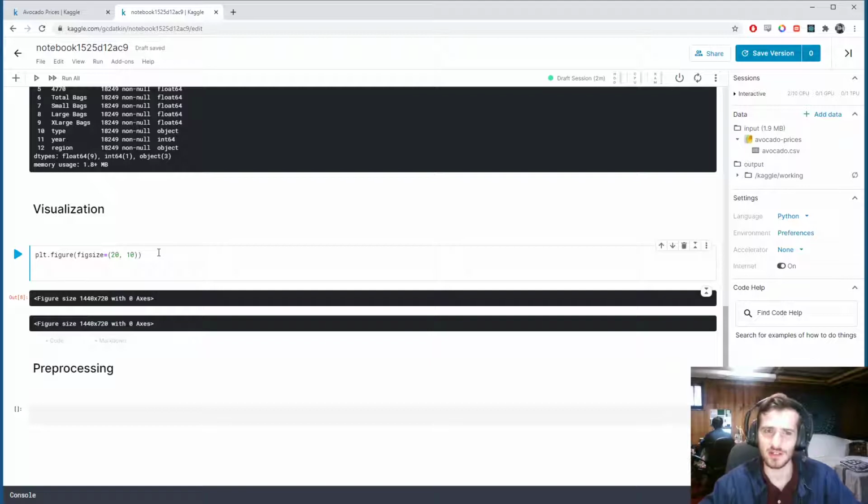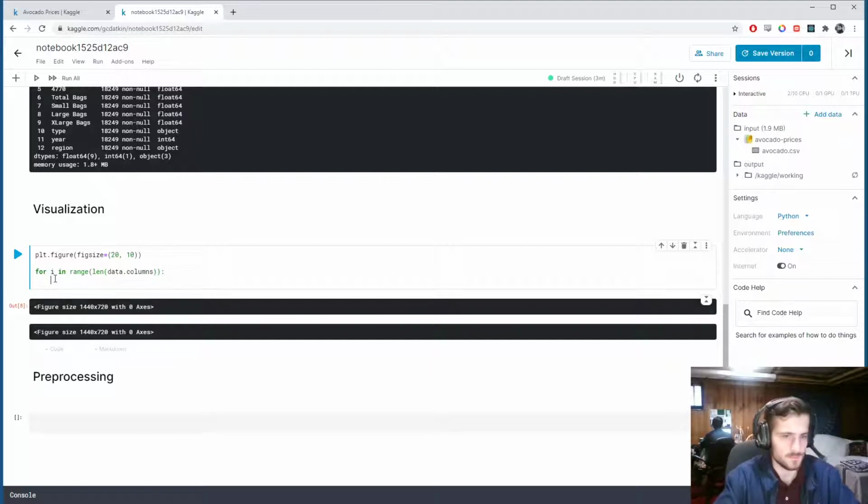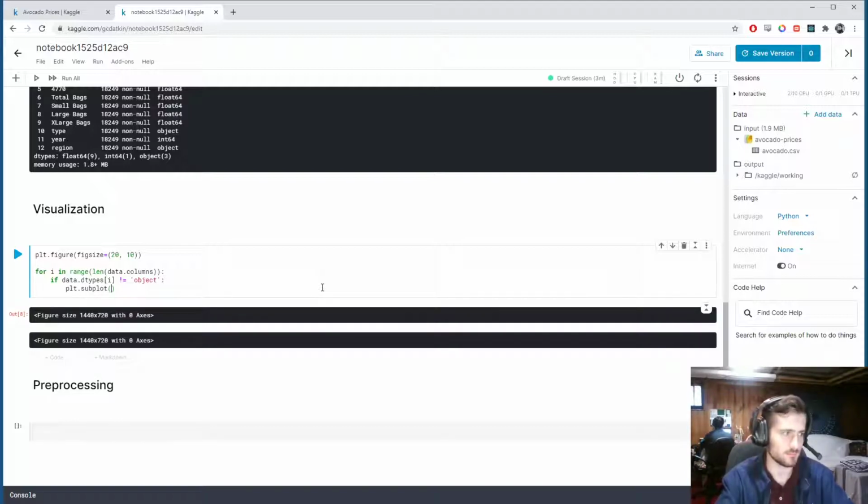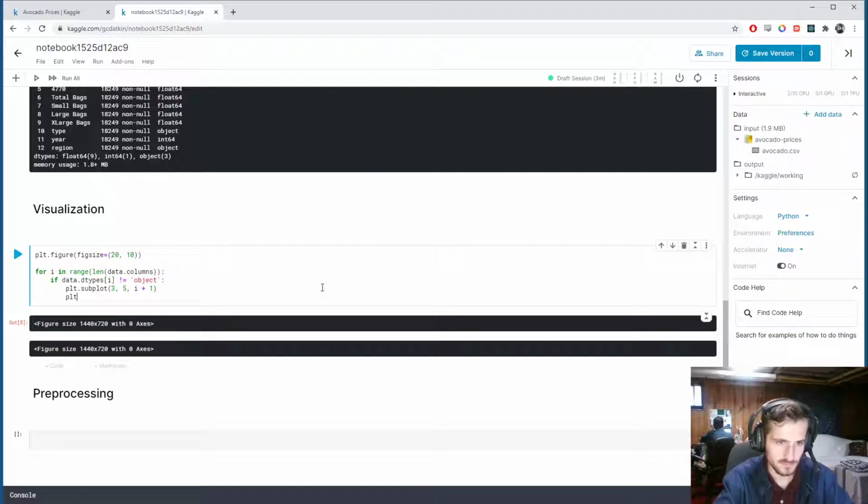Small outliers that are relatively close to the mean are going to be okay, but ones that are really far out, we want to take a look at, because it might be a numerical error. So for i in range, length of data.columns, so basically for each column, if data.dtypes sub i, so if the ith column's dtype is not an object, so this is basically saying if we're dealing with a numerical column, then we're going to create a new subplot in a 3 by 5 grid indexed by i plus 1, and we're going to plot in that subplot a box plot